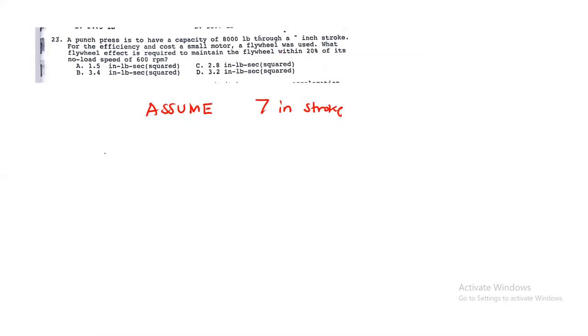So is equals to 8,000 pounds. Wala tayong formula talaga dito, no? So magbabasehan lang natin yung unit ng sagot. So times 7-inch stroke times, so 1 over n. So 1 over n natin is 600 RPM. So itong 600 RPM, so revolutions per minute